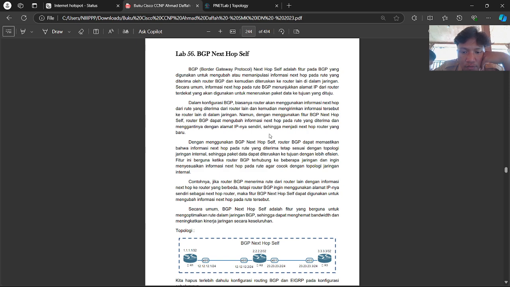But if we use the BGP next hop self feature, the BGP router can change the next hop information of the route it receives, and can change the IP address to its own. So it makes the router itself the new next hop router.